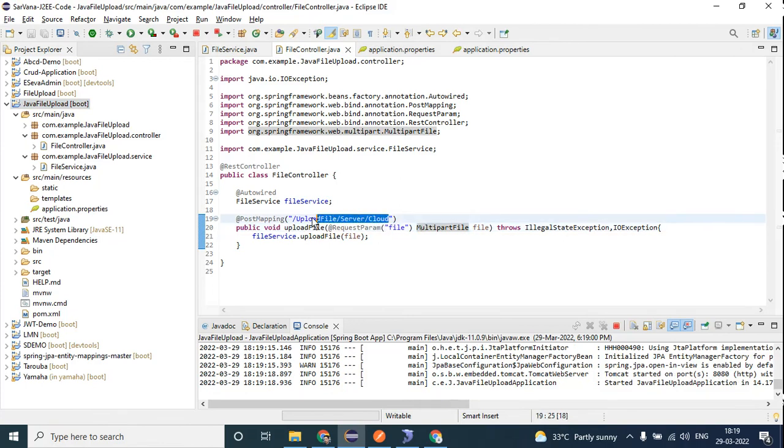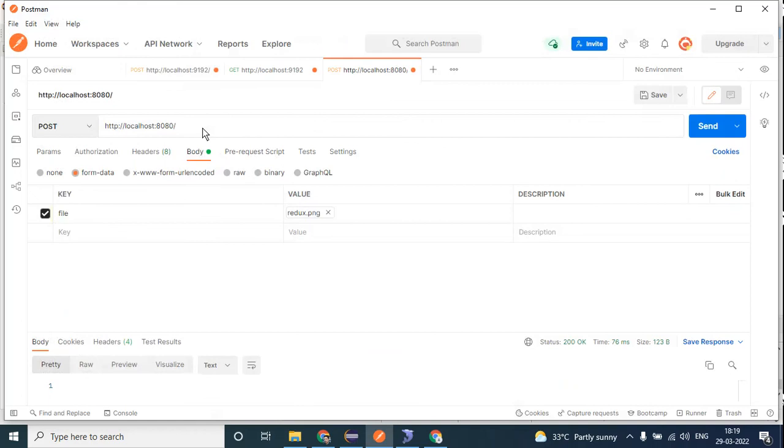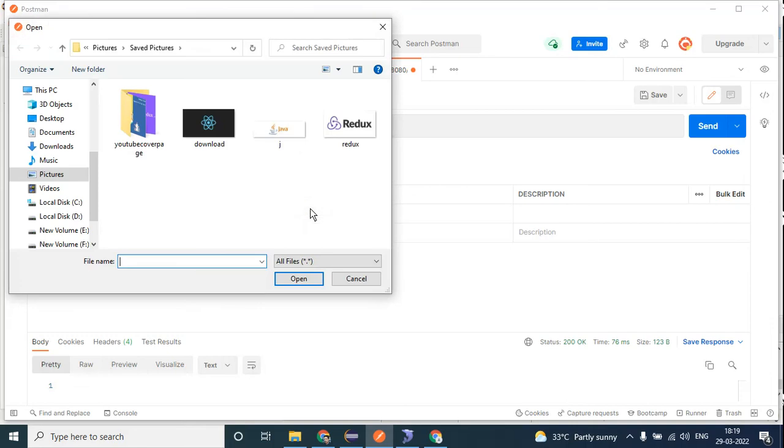Put this API in Postman and check. Take file. This is not raw, this is form data, because the selecting option is in form, right? This is form data file, and here you have to select file, then you will have the option to select file. You select it. This is how you test uploading a file in Postman.